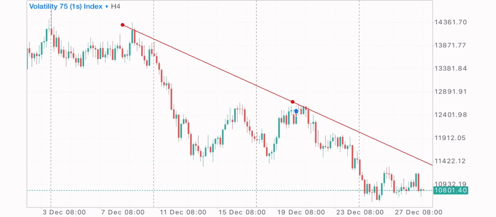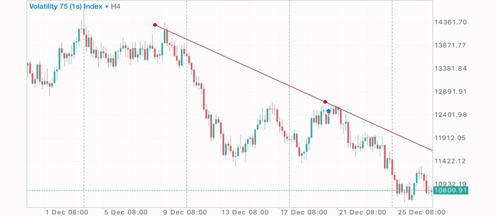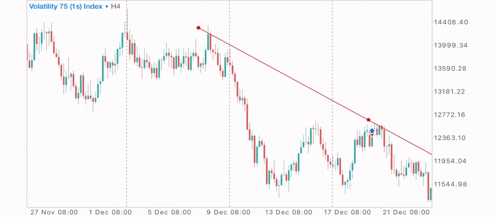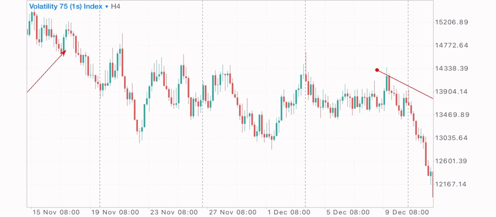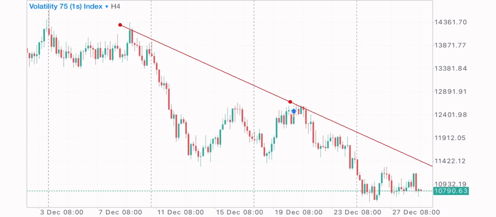And the last important thing, don't force trend lines, guys. Don't force a trend line. If you don't see a downtrend or an uptrend, just don't draw a trend line. It's that simple. Trend lines are actually easy, guys. If you don't see any trends, leave that chart or that index or whatever currency, because if there is no downtrend or uptrend, then there is no trend line strategy. There is no strategy to use. So yeah, guys,